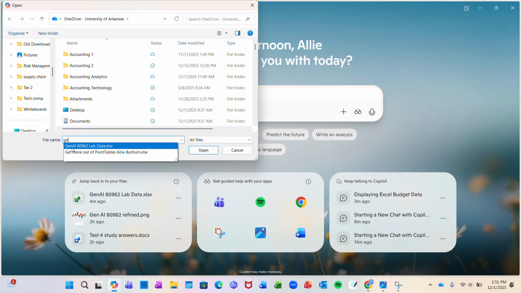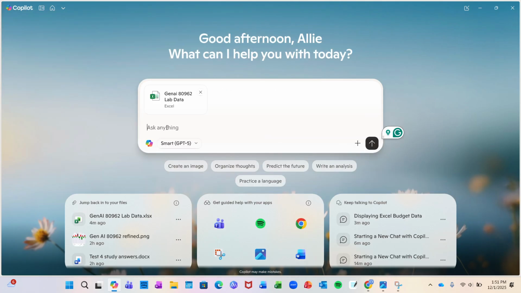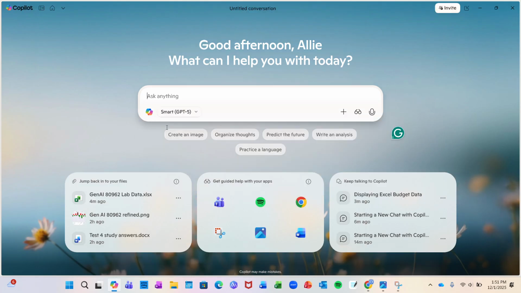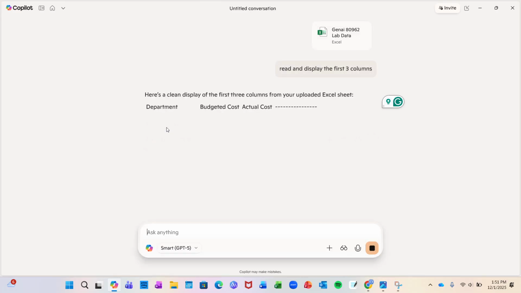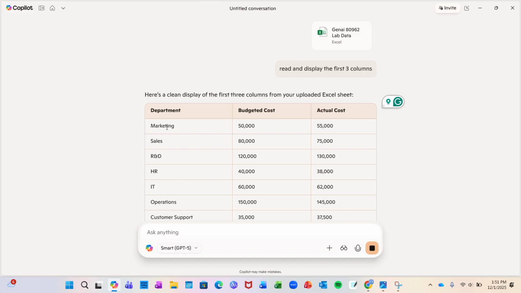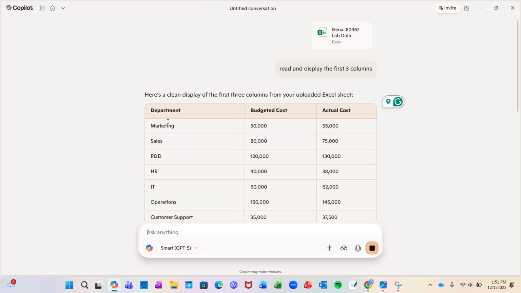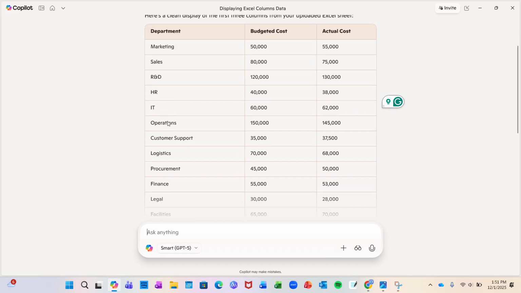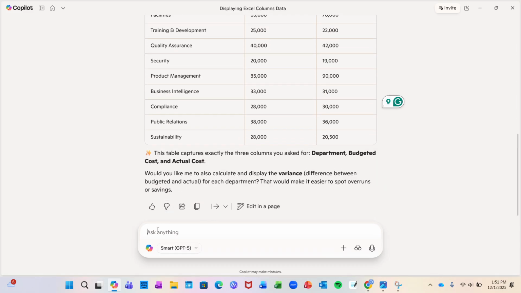So we're going to upload the GenAI 80962 lab data. And we're going to ask it to read and display the first three columns. Okay, so as you can see, it correctly displayed the department, the budgeted cost, and the actual cost, which is exactly what we wanted. So we can move on,